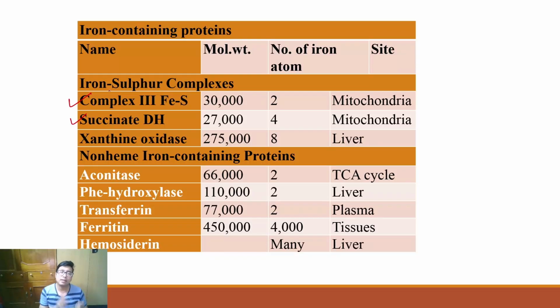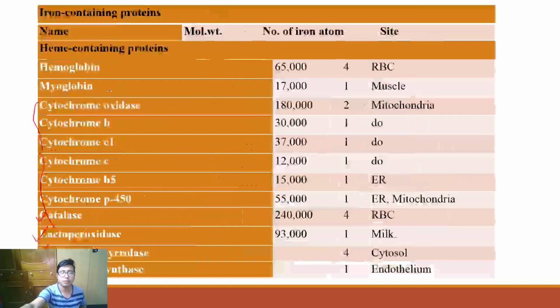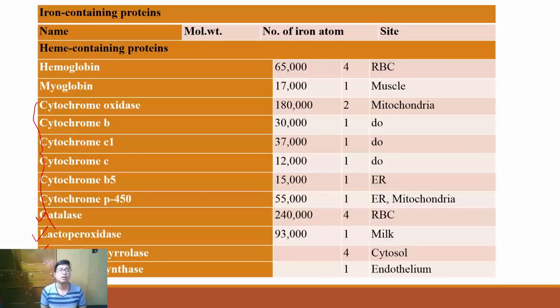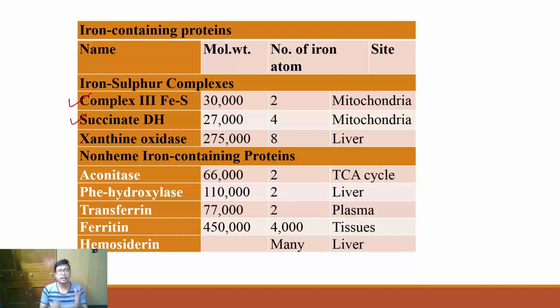Okay, so either you can remember cytochromes that are also present in all the cells, as well as you can remember aconitase and one of these enzymes. So 2 proteins and 2 enzymes. Okay, over here 2 proteins you can remember: cytochrome B1, cytochrome C, cytochrome P450, and enzyme if you want to remember: cytochrome oxidase and anything, succinate dehydrogenase, xanthine oxidase. So the choice is up to you, but